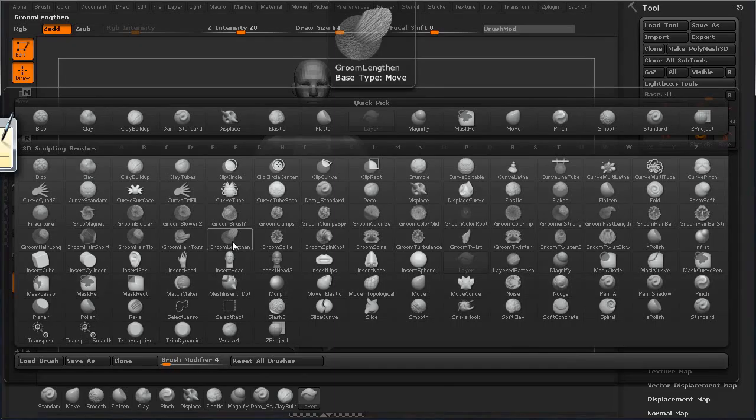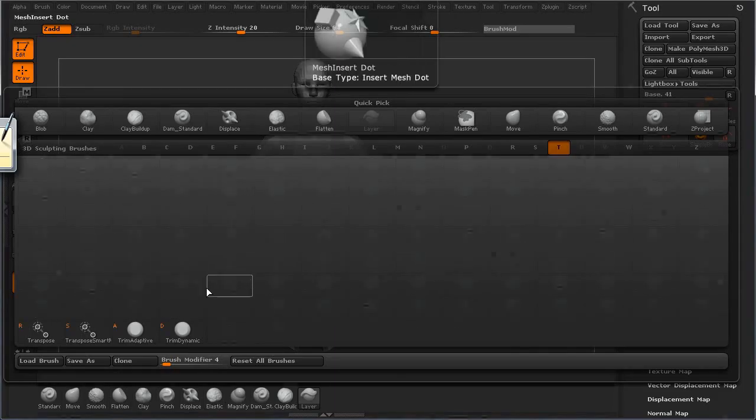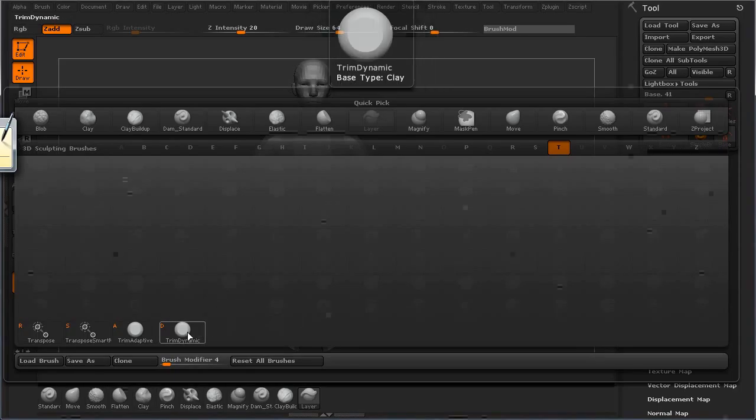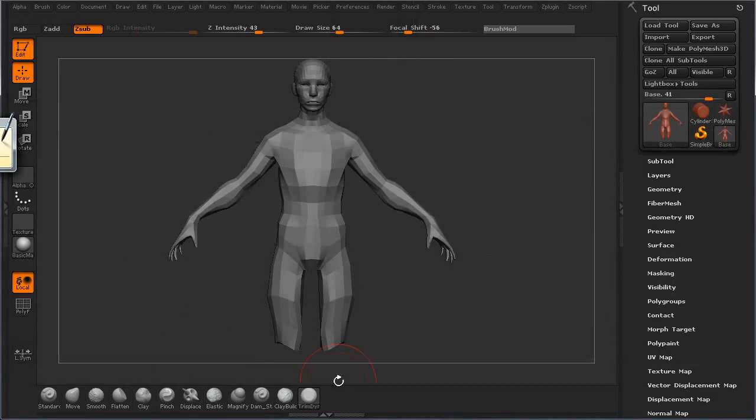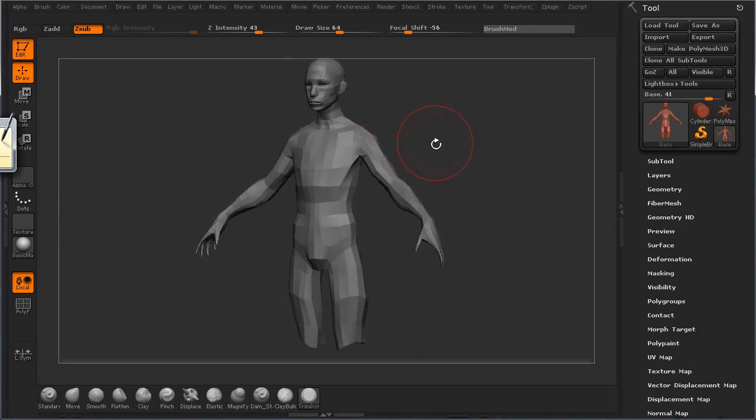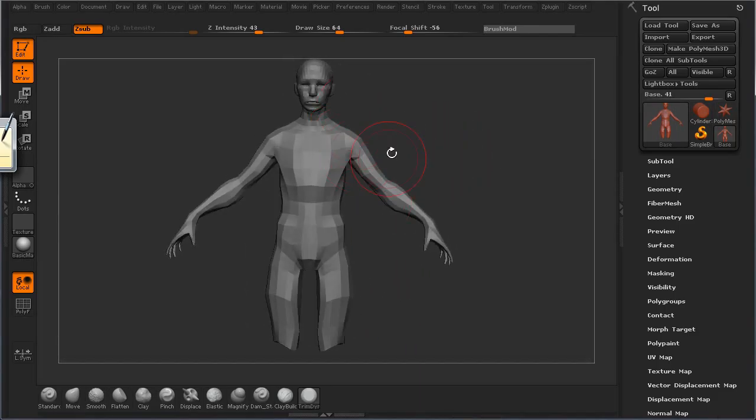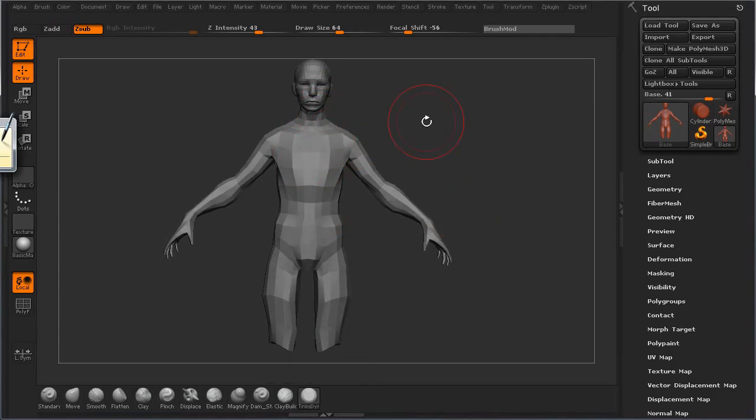Here I switch to the Trim Dynamic, so I just hit the letter T to find it. The T. Yeah, here. So I use this Trim Dynamic. It's awesome. When you are blocking anatomy, you can use Trim Dynamic too, just to make things clear, and sometimes the smooth is not working quite well, so I go with Trim Dynamic and clean some stuff. I don't always go for realistic stuff, so I use Trim Dynamic to get some kind of hard edge there,